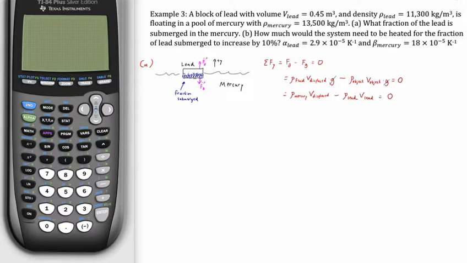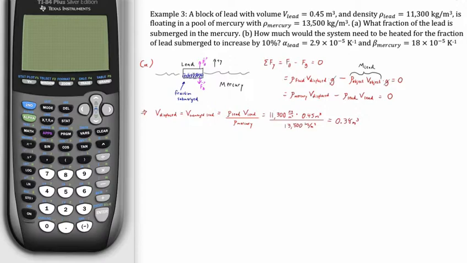shown here. So this value right here is exactly equal to the mass of the lead. So the mass of the lead times g gives the gravitational force. We see the g is in both terms, so it cancels out. And so then we are set up to solve for the volume that is submerged. Doing the algebra, we can solve for the volume displaced, which is equal to the volume submerged, because